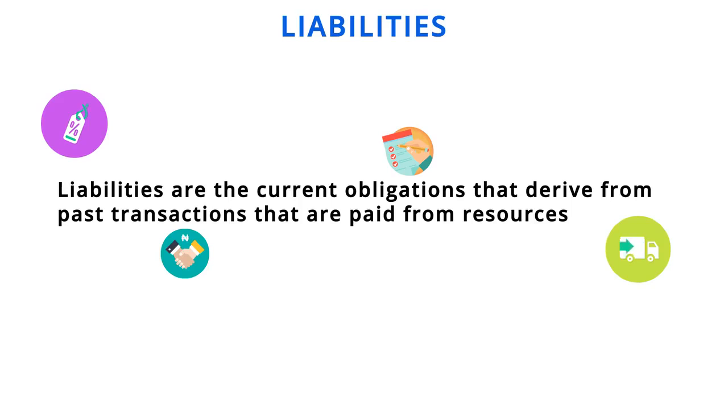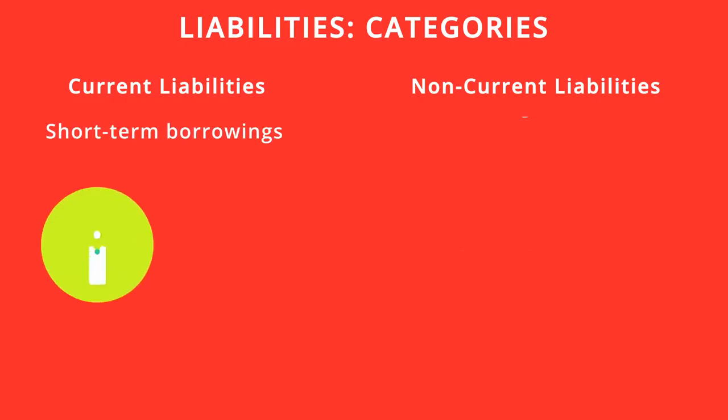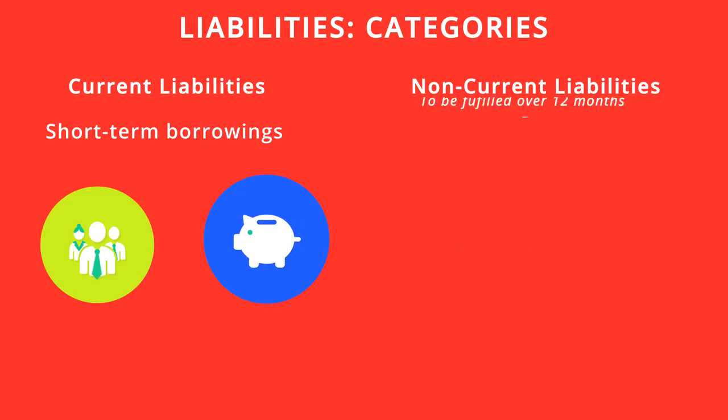Let's look at the two major categories of liabilities. We have current liabilities and non-current liabilities. Current liabilities are the obligations you need to fulfill within 12 months or less. Examples of current liabilities are short-term borrowings, accounts payable, which means the same thing as your trade creditors, suppliers who you have collected goods from but you are yet to pay,